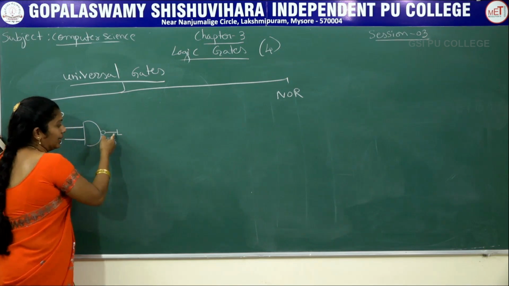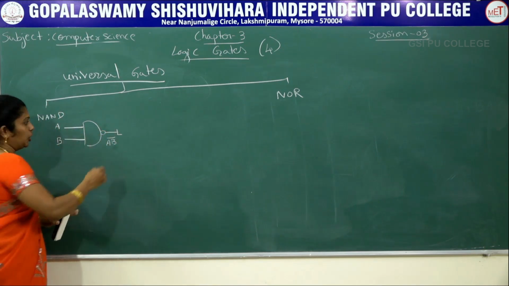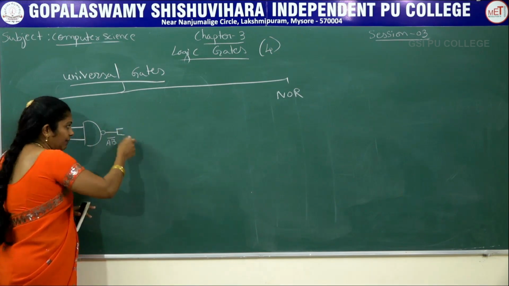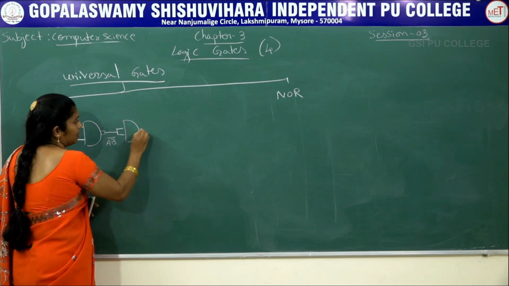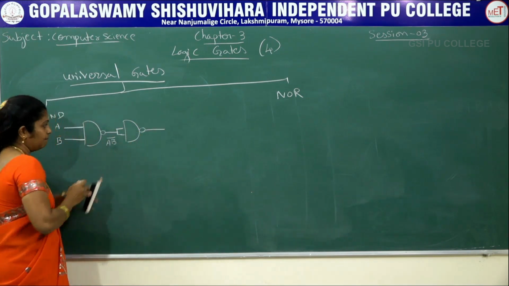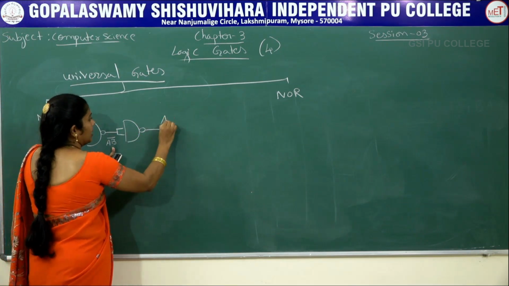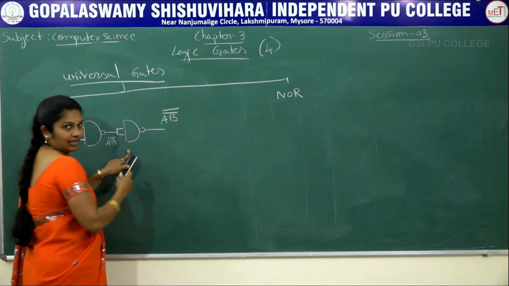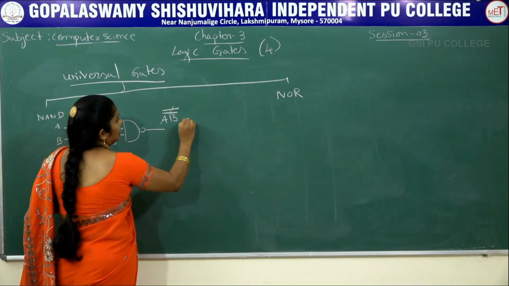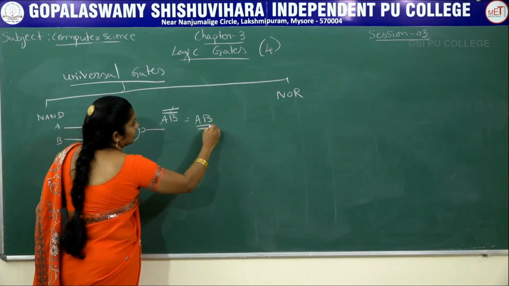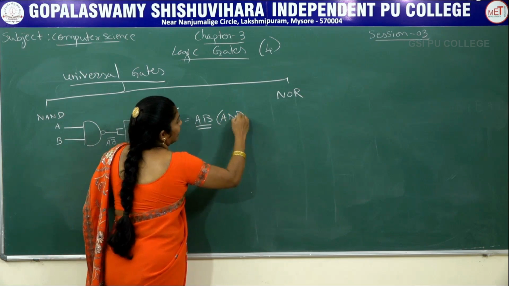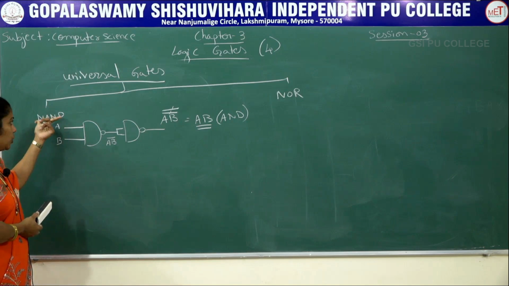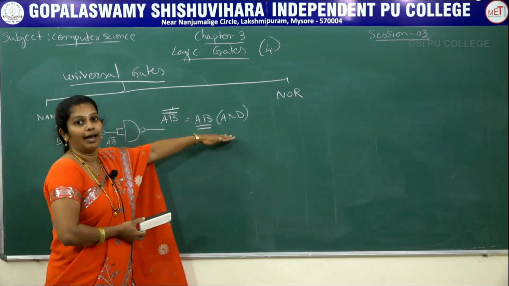See, here we have only one output. Once again make it as 2 inputs. You just take 1 input and then make it 2 inputs. Once again D shape. Then circle it and a line. Now what is the input? AB whole bar. Once again if I negate it, then this negation will cancel, then the output becomes AB, that is nothing but an AND gate I can construct. Now is it clear? It means that by using the NAND gate I can construct the AND gate.